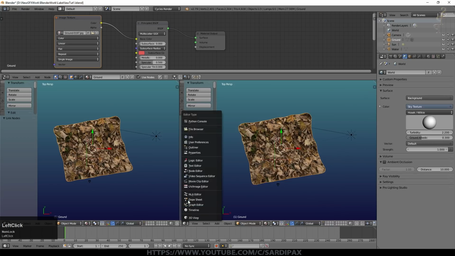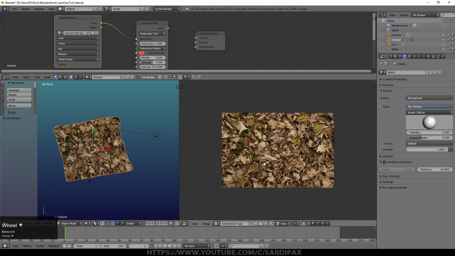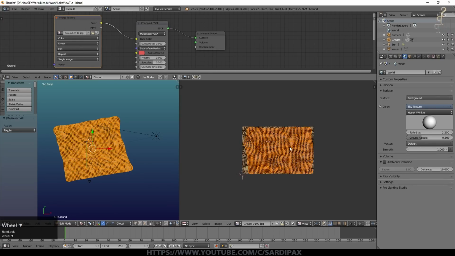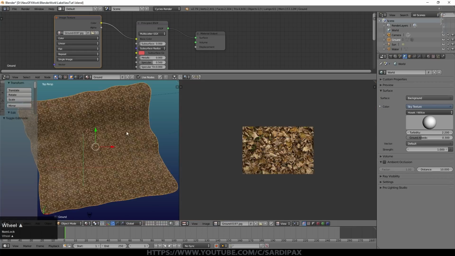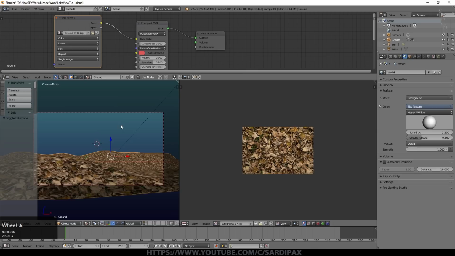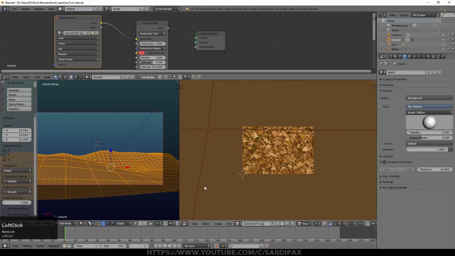So if we open a new window, go to the UV image editor, open our ground texture, and then go into edit mode and select all the vertices, you can see our whole plane is just barely covering the image. So the obvious thing to do is to make that bigger, which I've now done, but there is a problem. So we've got a leaf covered grass there, but obviously I think it needs to be even bigger than that, so we'll go even bigger. And there's other ways of doing this, by the way, perhaps not quite that big.